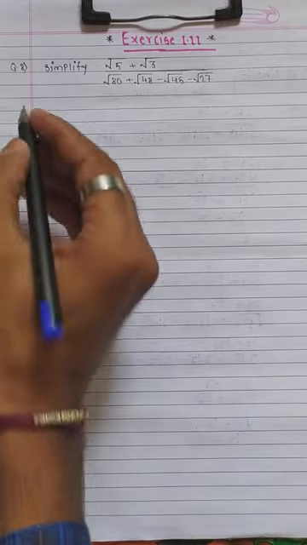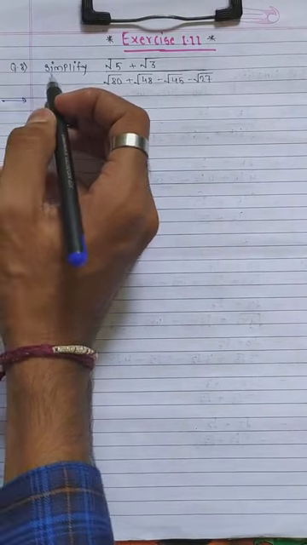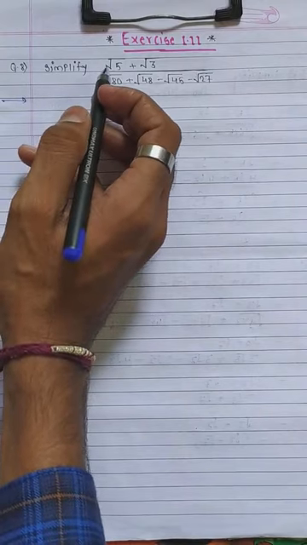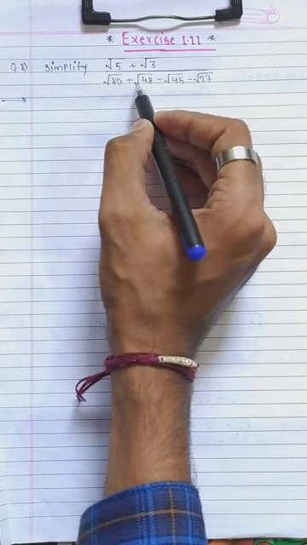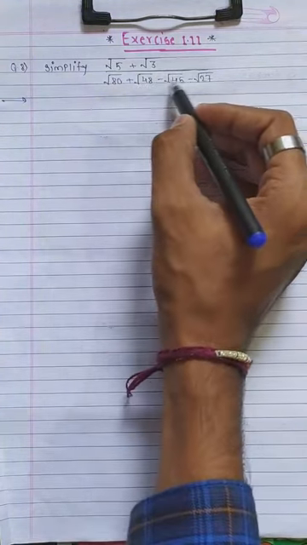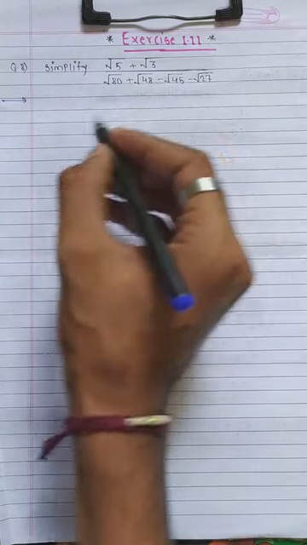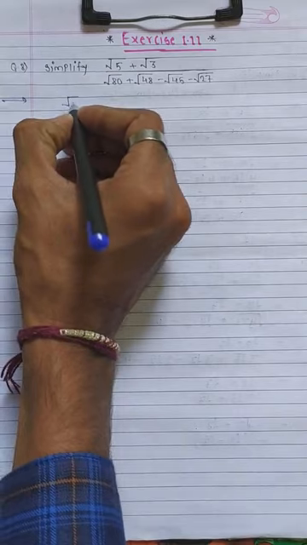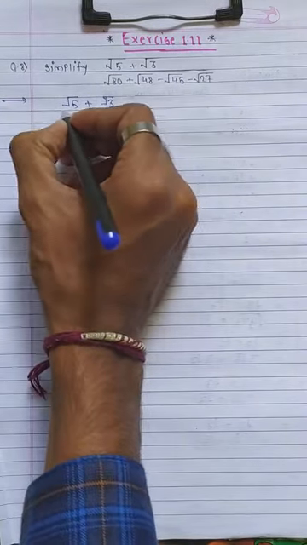Hello guys, today we are going to solve the new question, that is question number 8. Simplify (square root of 5 plus square root of 3) upon (square root of 80 plus square root of 48 minus square root of 45 minus square root of 27). So the numerator square root of 5 plus square root of 3 stays as it is, upon